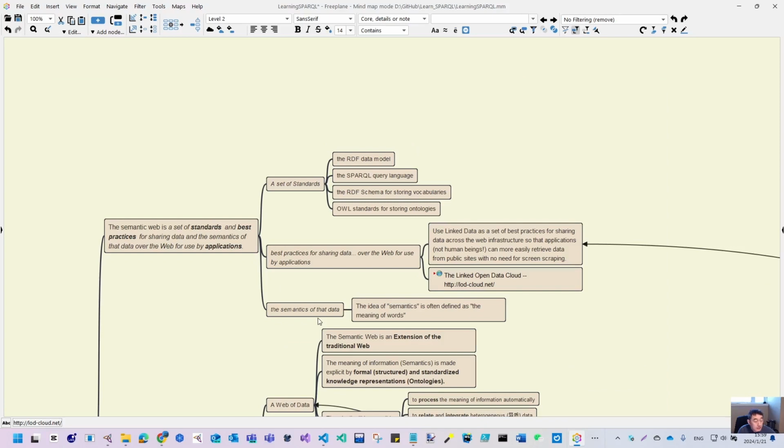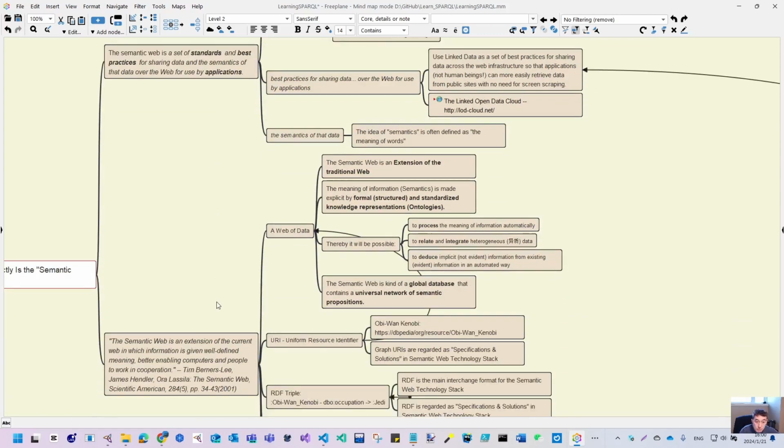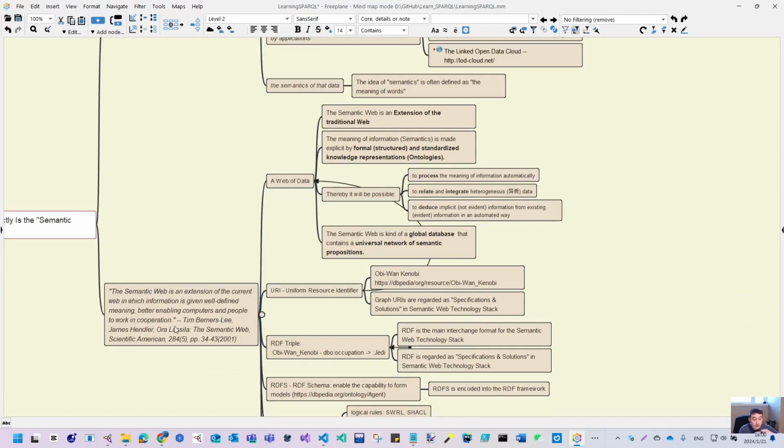And also semantics. Semantics is often defined as the meaning of words. That's coming from the old tradition of semantics, but we use that in the semantic web. So this is the definition used in the book, and also from the OpenHPI sample. I also gave you the